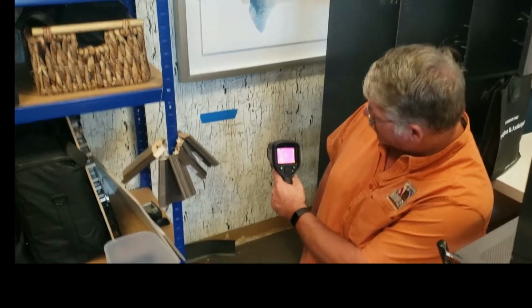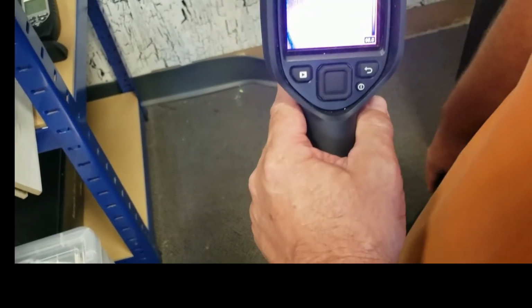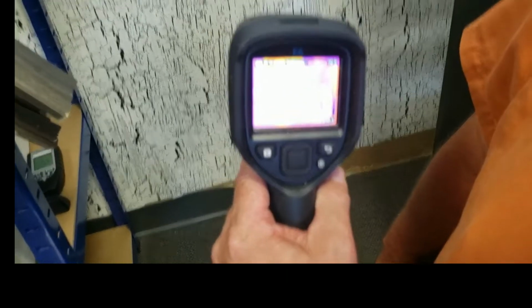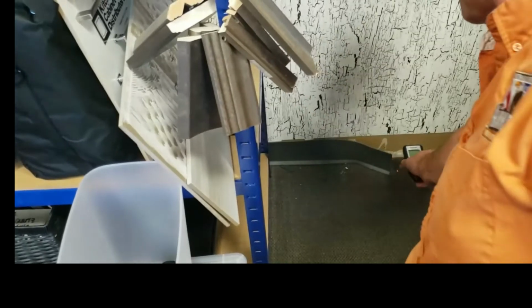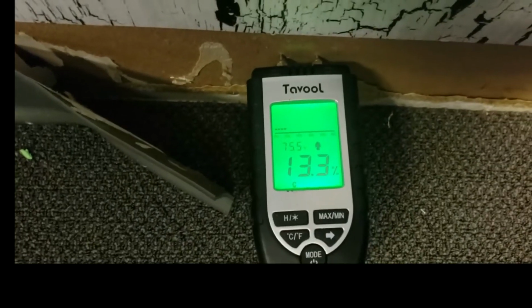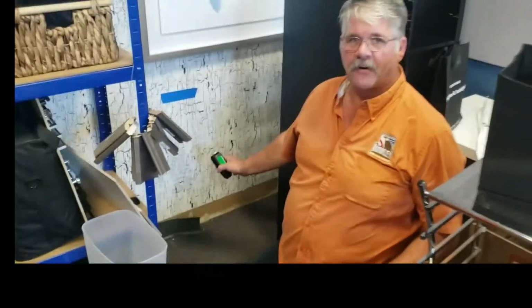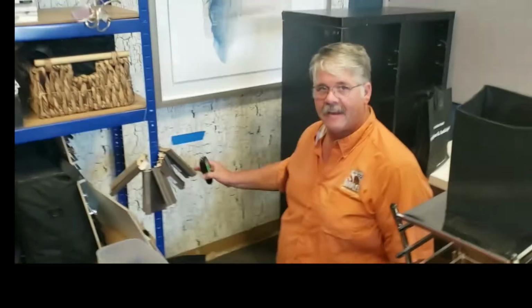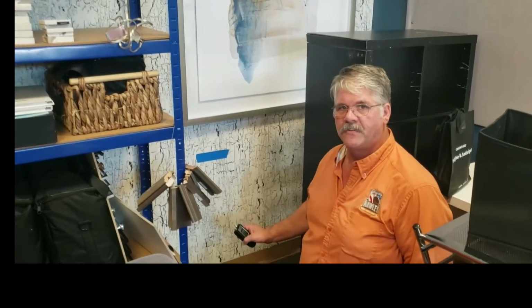As we look through the thermal imaging, we could tell, especially down towards the lower portions, the difference in the temperature in the wall. So now we're going to put the moisture meter on here, and that shows us right now that we have moisture levels at a little bit over 13%. So 9 days after the flood receded, 9 days after the water left, we still have high moisture levels trapped